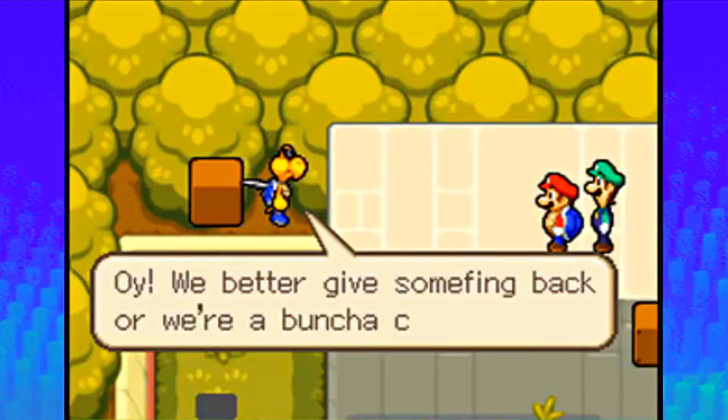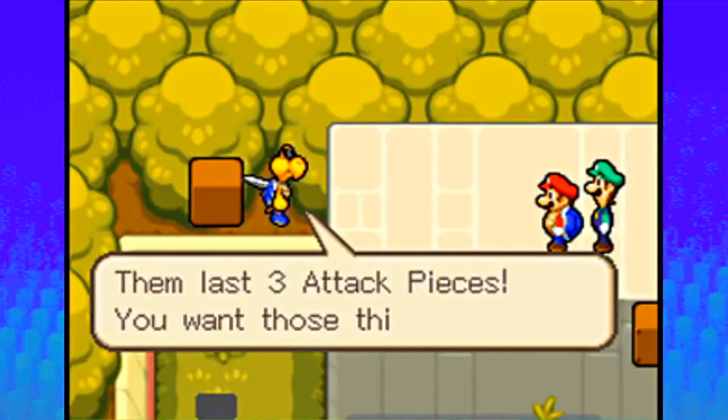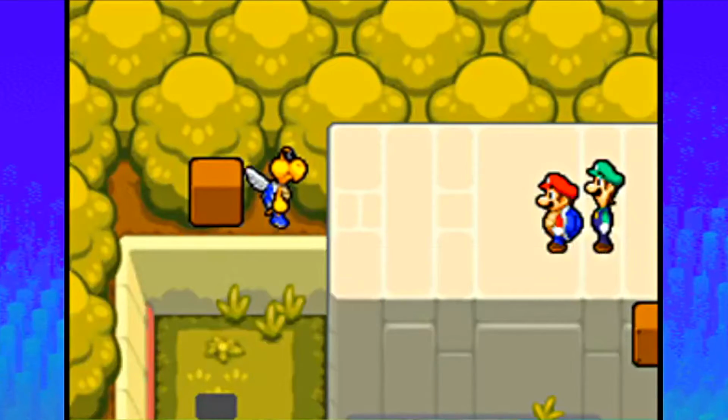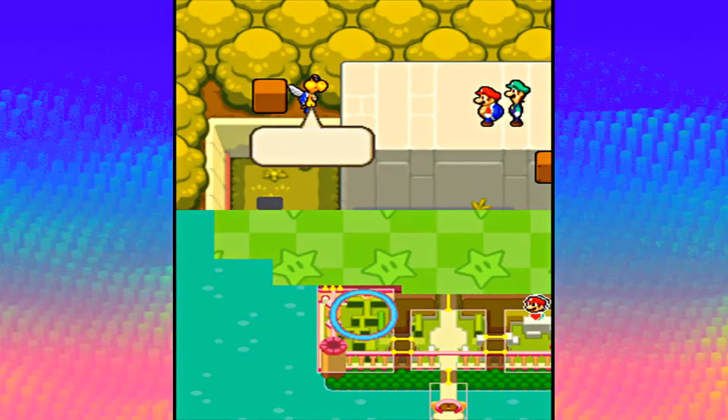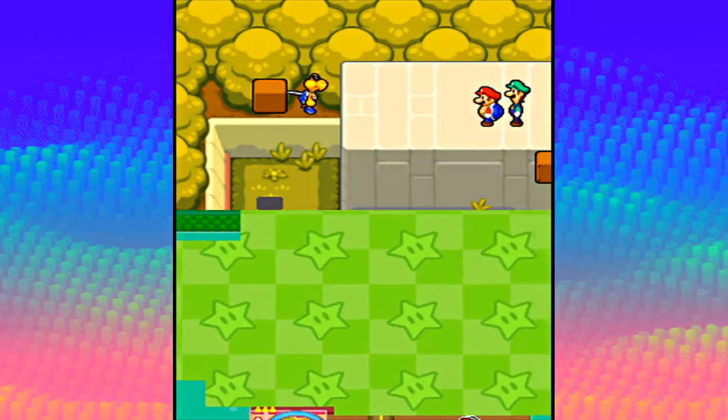Oh, you better get something back or we're a bunch of charlatans. Didn't last 3 attack pieces. Want those things, eh? I'll show you them. Where are they? Shift your gaze to the bottom screen if you must. I hopefully have it written down. Here and...